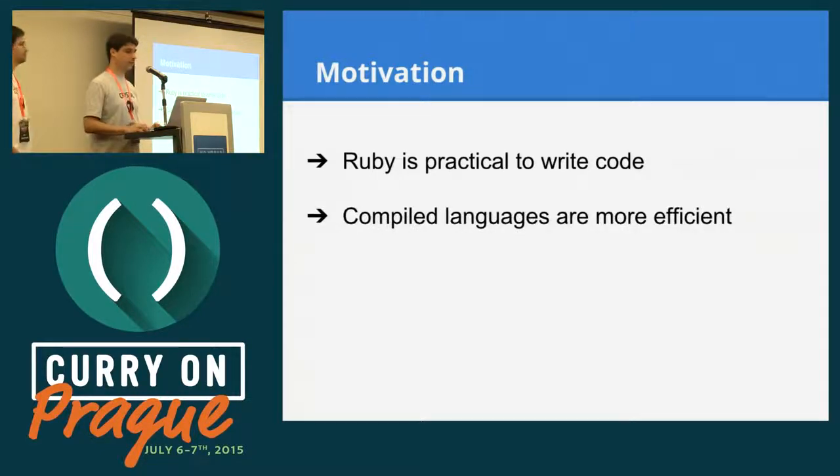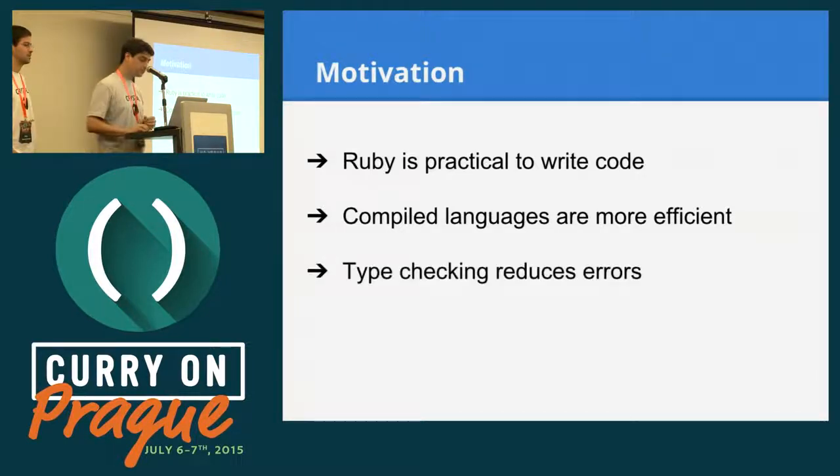But sometimes we get some performance problems. Sometimes, after some time, we need to migrate some of the backend to other languages because of performance issues. And so we normally migrate to some compiled language, because compiled languages tend to be faster, at least. Also, Ruby is a dynamic language, and sometimes there are some kinds of errors that